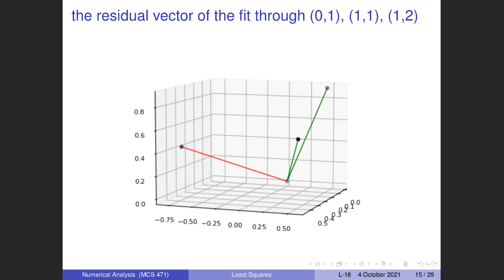The second column consists then of 0, 1, and 1. And the residual vector is then the right-hand side vector, which is 1, 1, 2, the y-coordinates, minus these A times x. So the columns of A are drawn in green, and you can see,